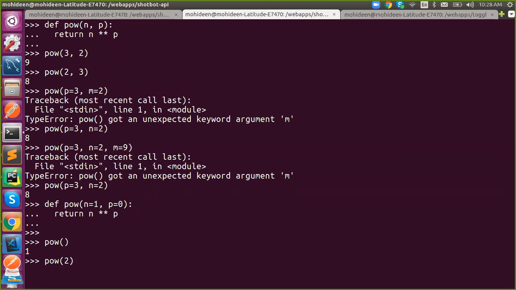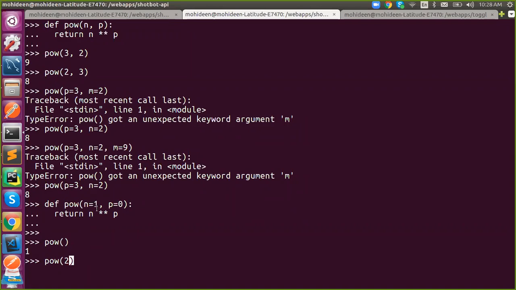If you pass 2, the answer will be 2. How? So 2 will be assigned to n. Where will it be assigned? To n, right?